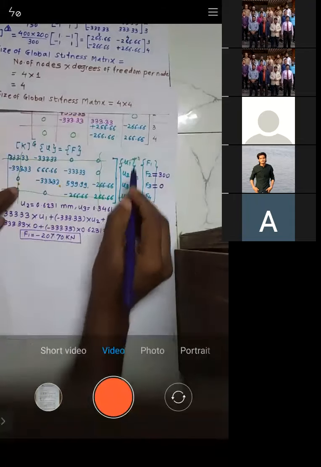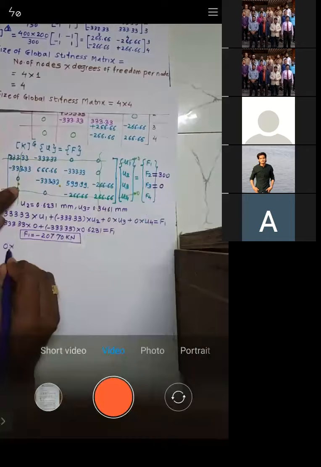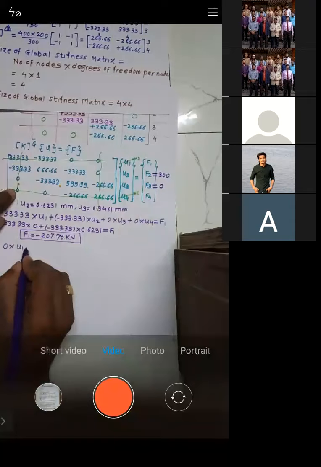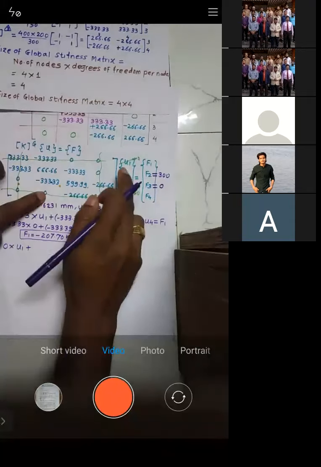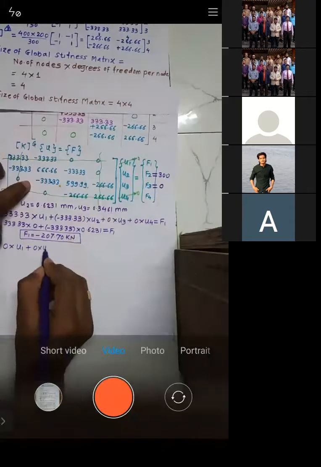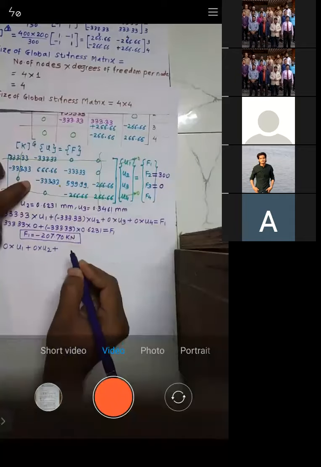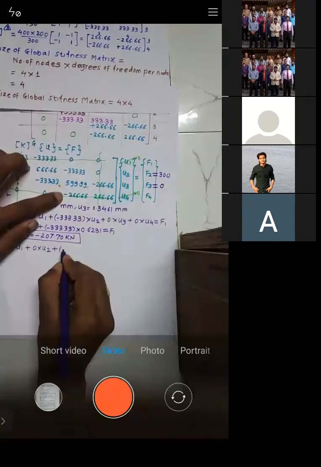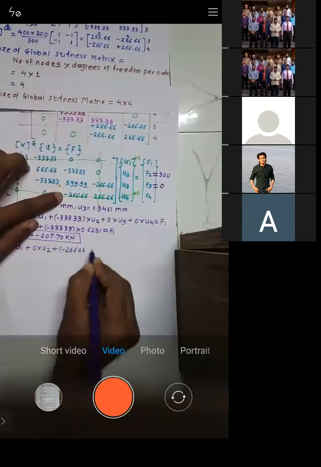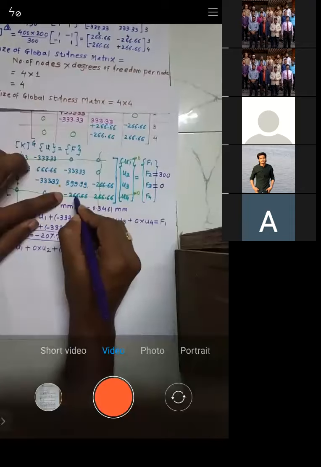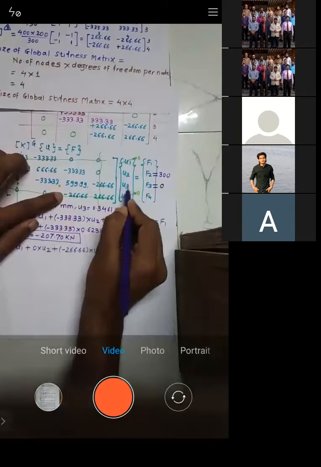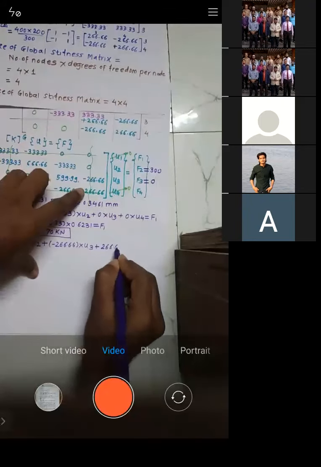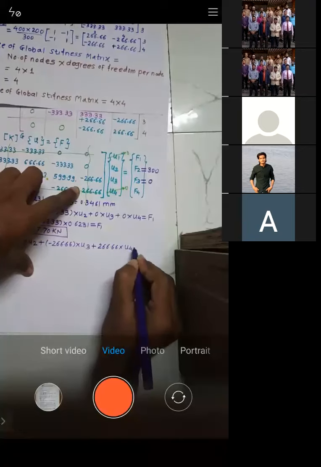How will I do it? 0 into U1, I will still write down 0 into U1, plus this 0 into U2, plus this minus 266.66 into U3, plus 266.66 into U4 is equal to F4.